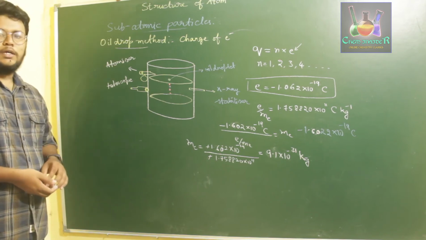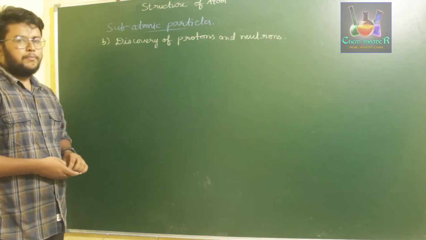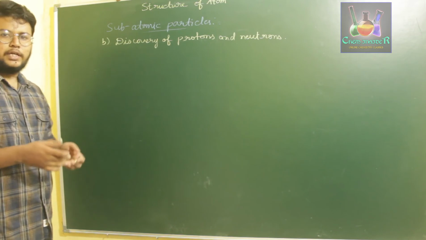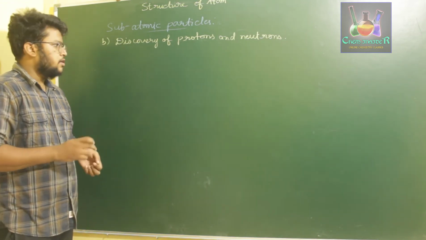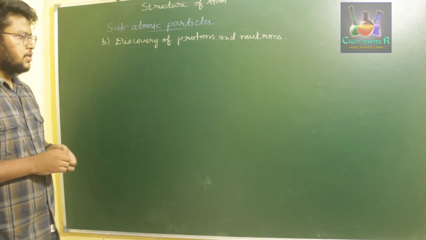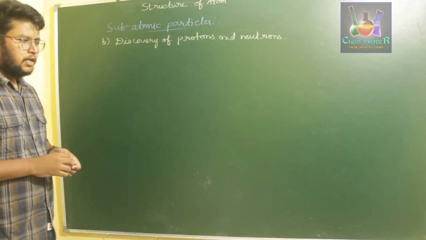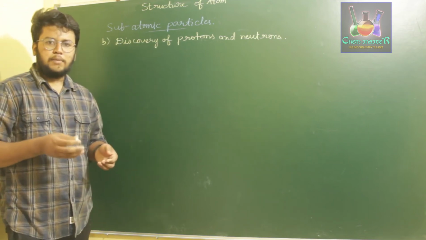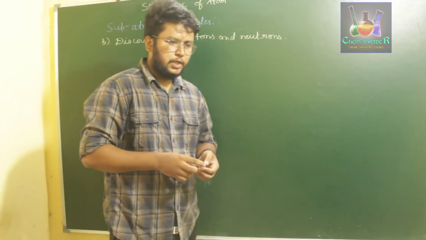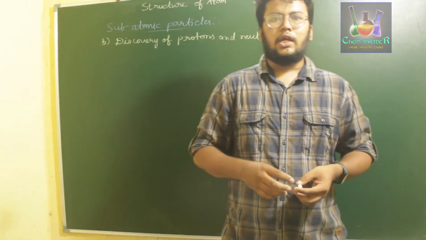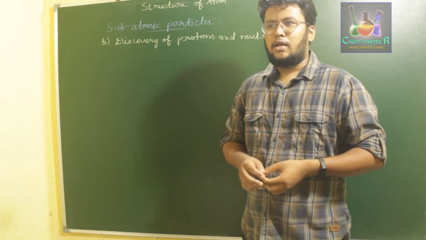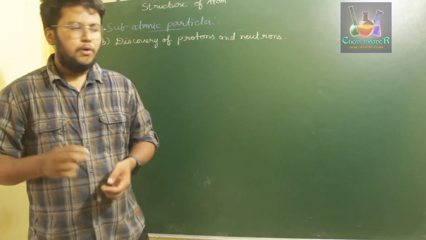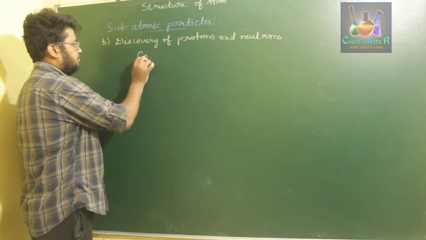Next we will discuss the discovery of proton. For protons and neutrons, we came to know that protons can be determined by slightly altering our cathode ray tube experiment apparatus. On carrying out some slight changes on the cathode ray tube experiment, we observed that we might come across a constituent of an atom, a subatomic particle. That particle was found to be canal rays. Instead of cathode rays for the electron, we took canal rays for the discovery of the proton. So these canal rays